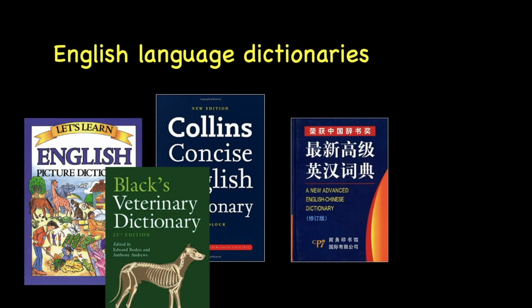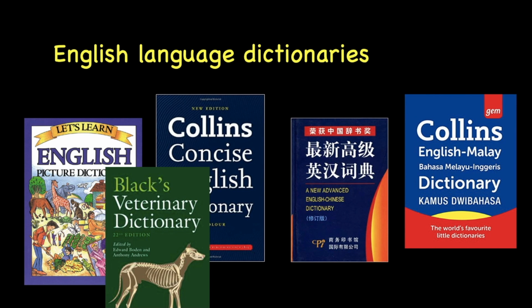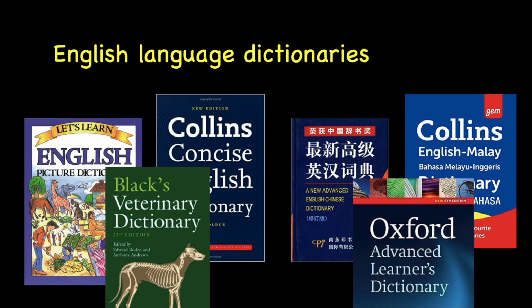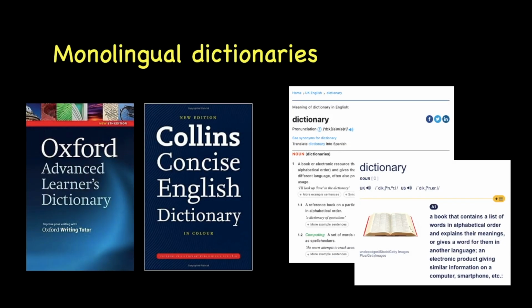In Malaysia, we have different dictionaries for different language background. For example, we have bilingual dictionaries, which means dictionaries with two languages. For example, we have English-Chinese dictionary, English-Malay dictionary. Other than that, we also have monolingual dictionary, which is only English to English dictionary. In order to help your English language, it is very advisable that you use monolingual dictionaries.